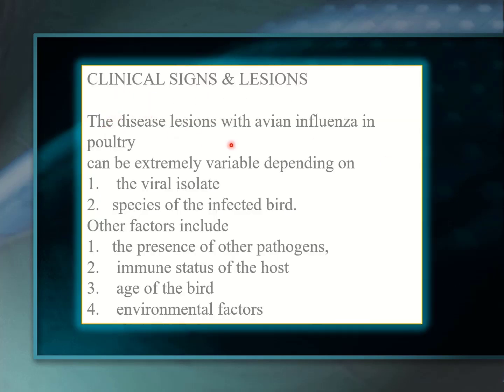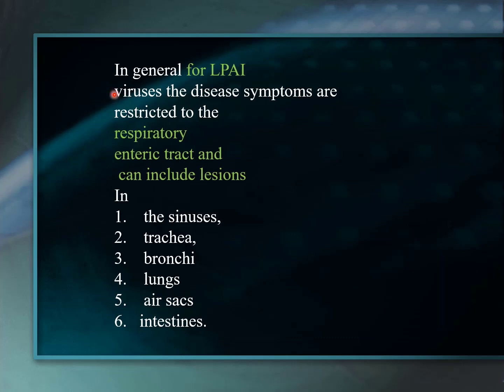Clinical signs and lesions. The disease lesions with avian influenza in poultry can be extremely variable, depending on the viral isolate and the species of the infected bird. Other factors include the presence of other pathogens, the immune status of the host, the age of the bird, and environmental factors. In general, for low pathogenic avian influenza viruses, the disease symptoms are restricted to the respiratory tract and can include